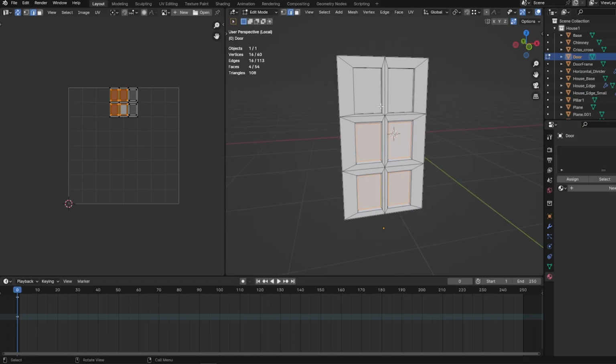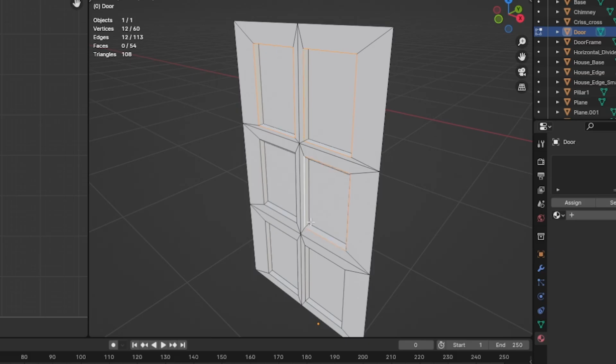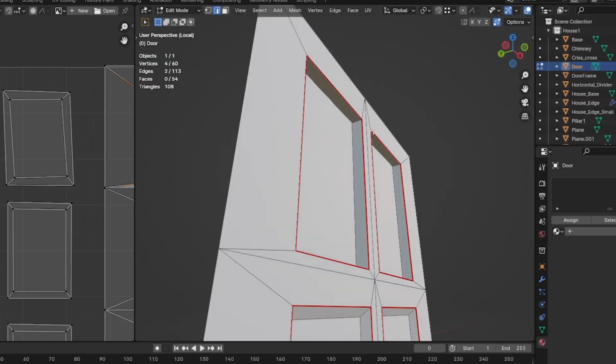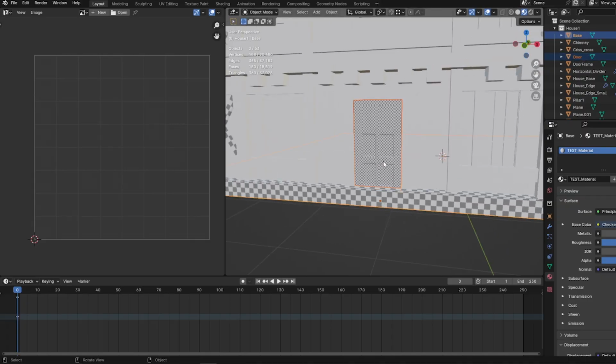Next up is the door. It's flat, but it's got intrusions, so unwrapping it as it is will deform it a bit. Add cuts around the intrusions and in the corners of those intrusions. The more you do this, the easier it becomes, trust me. Unwrap, test material, move on. If you're wondering why some of the squares are bigger than the others, that's because the